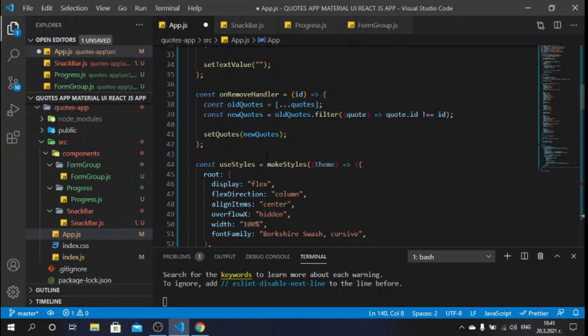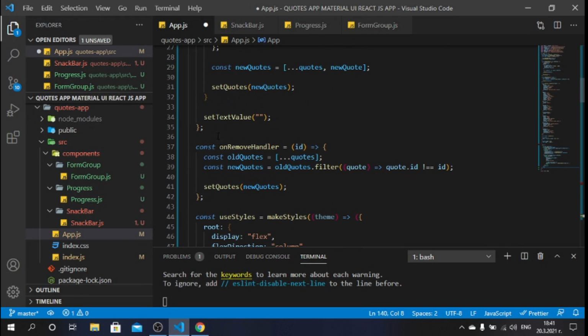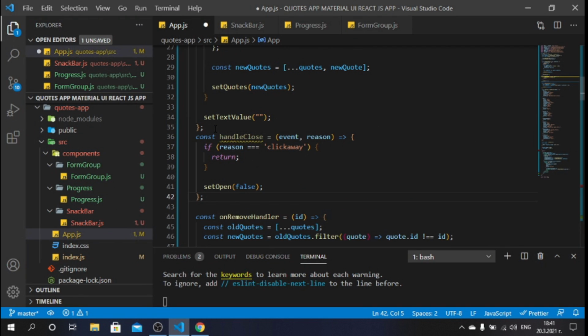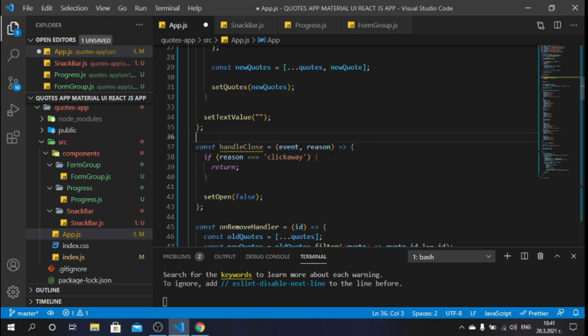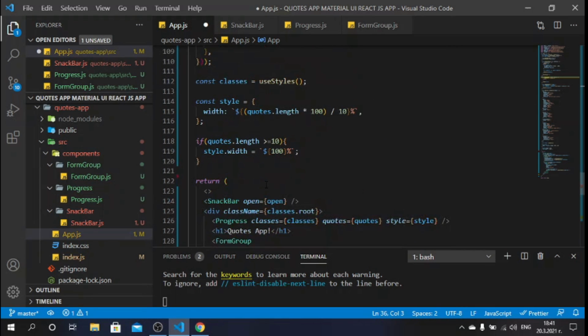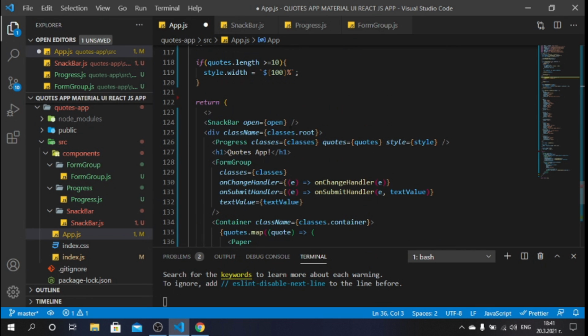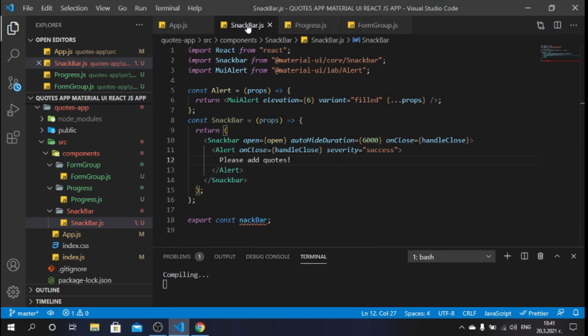Let's also paste this handler somewhere here. So I can say handle close equal to the event, and we can pass this also as a prop to our snack bar. So we can say handle close to be equal to handle close. Now if I save,